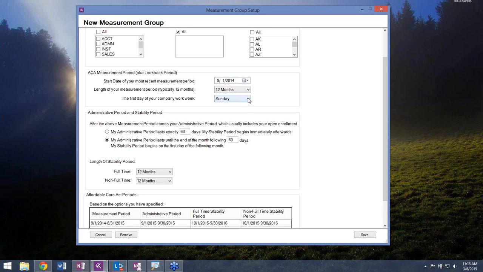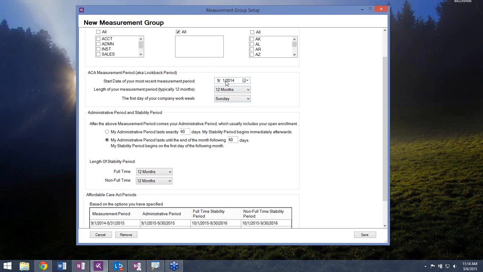So with these 3 parameters in place, this is going to allow us to assess all individuals that are currently with the company and fall into what we call the company measurement period, which is based on the date. However, there are going to be employees that are added to your organization, and when they're added, they have their own unique initial measurement period based on their start date. So not only does the Payroll Inspector take a look at the employees that are currently in your environment and populate notifications if there's a change based on that company measurement period, we also are going to notify you once an employee completes an initial measurement period and give you their full-time status.